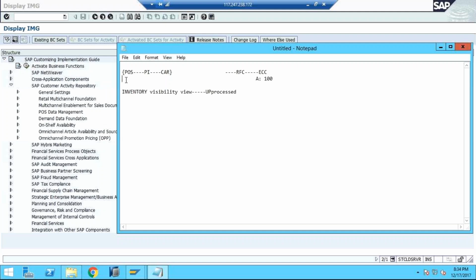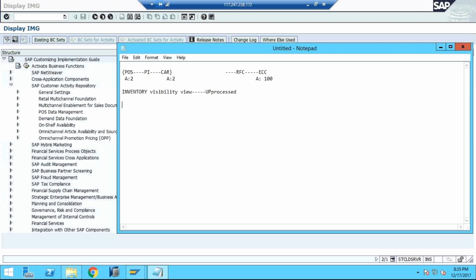Now in the POS system, 2 A-type articles are sold out, and that sales information is replicated in CAR. So still you can see here is an article, inventory is 100, and the same information is replicated into